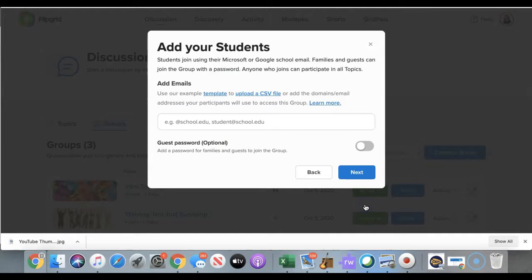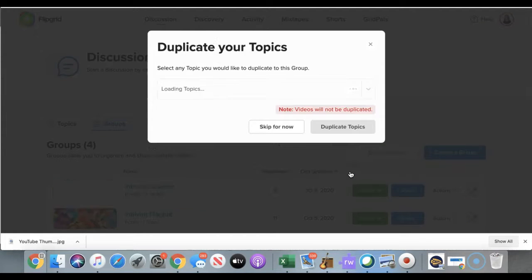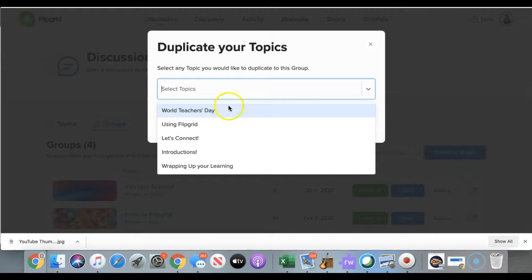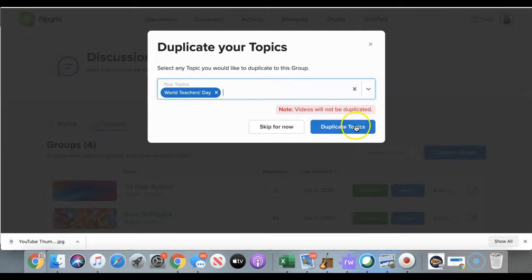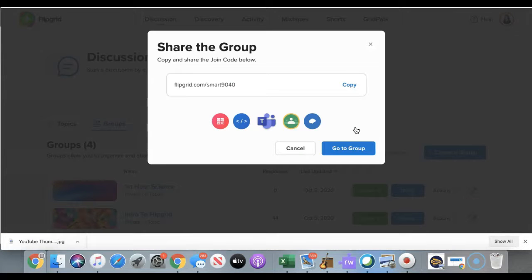Again, you're going to join with student email, which is probably the easiest way. And then you'll hit next. You can add, again, those student emails and hit next. Duplicate your topics. So these are topics that you already have created, and you can put them in here right away if you need to. From there, you can share the group. So again, with a QR code, embed code, Teams, Classroom, or Remind,